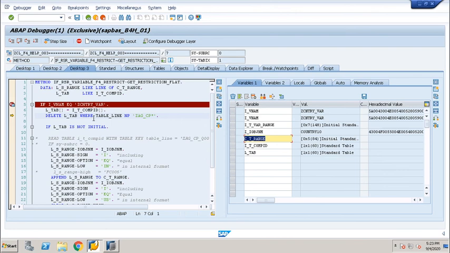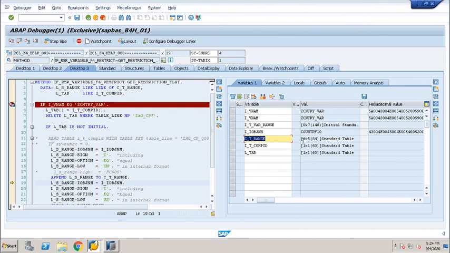So now F5. You can see CP star is there, so because it is not blank, it will go into the code. Now I am appending. What we are doing is appending these values into our table. If you go there, one value has been appended into our CT range.